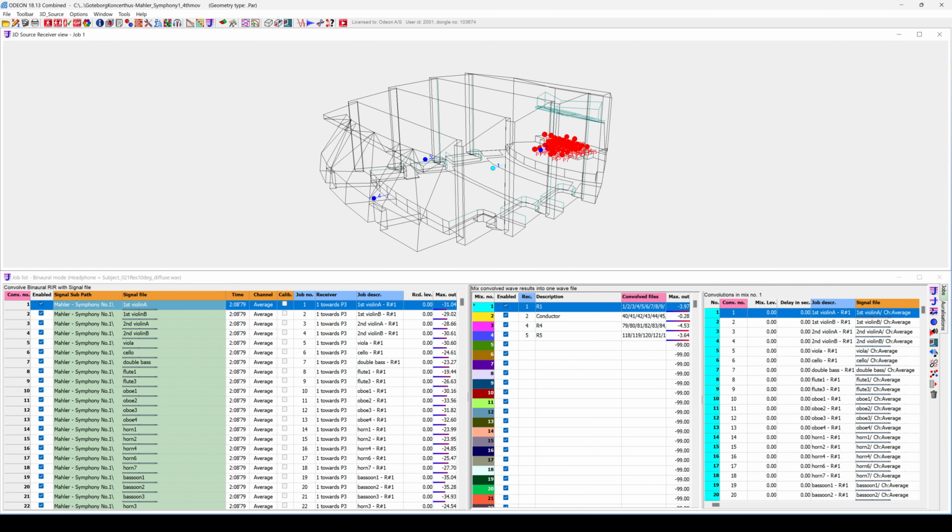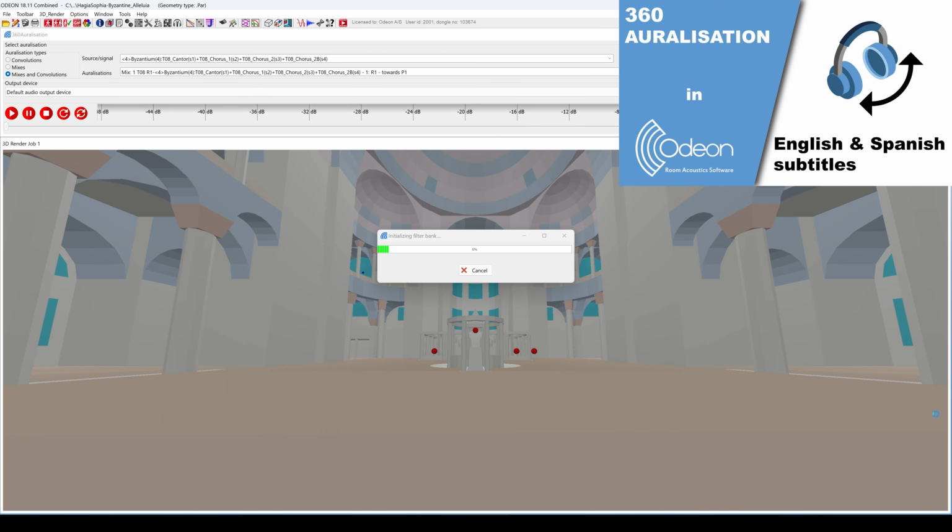We have some additional tools for auralization which we also explain in other videos. 360 auralization allows you to freely rotate your listening direction and hear the sound change in real time.